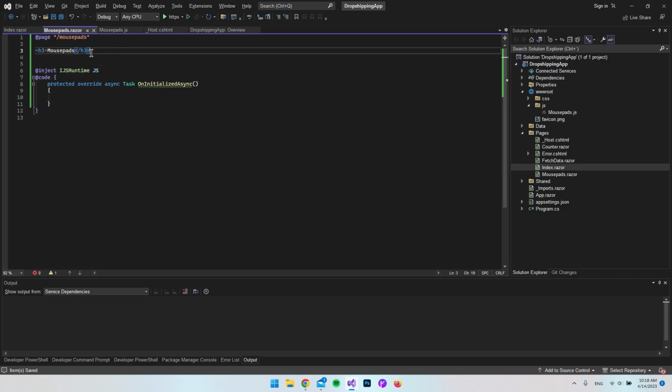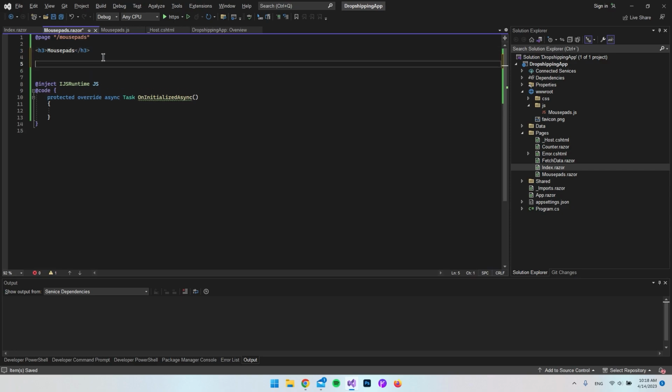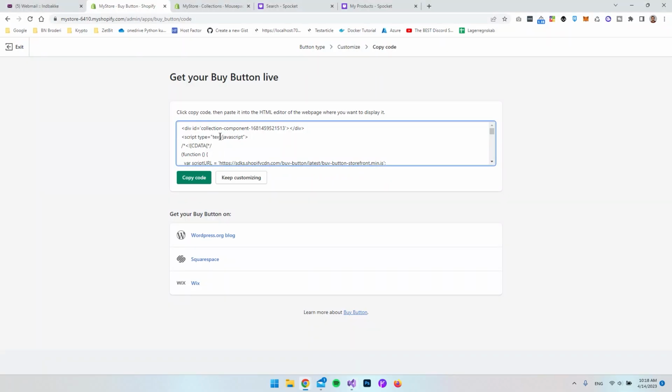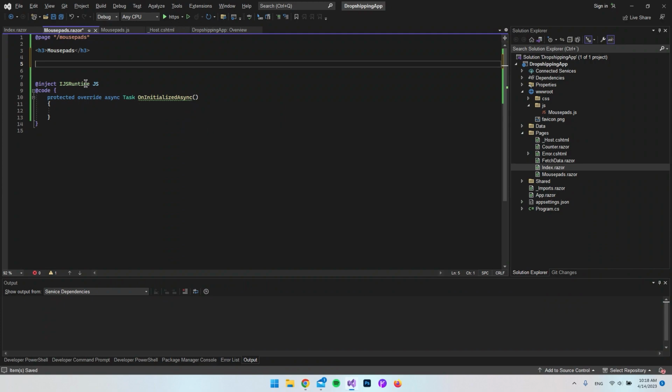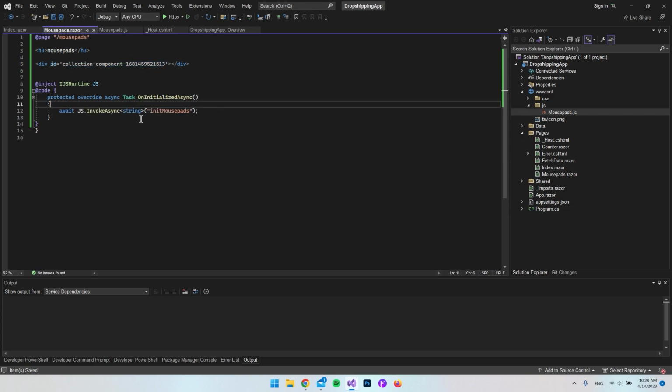But first of all, as you can see, we don't have any HTML tags that will actually go and display the mousepads. But if we go back to the code here, we had this div at the top of the code that was generated. So let's go and copy this and put it inside here so that the JavaScript knows where the collection should be put in. So the next thing is to invoke the JS,